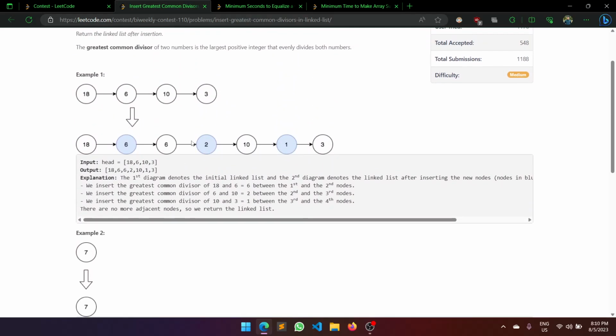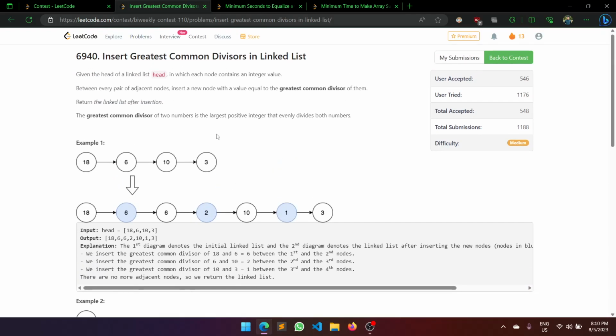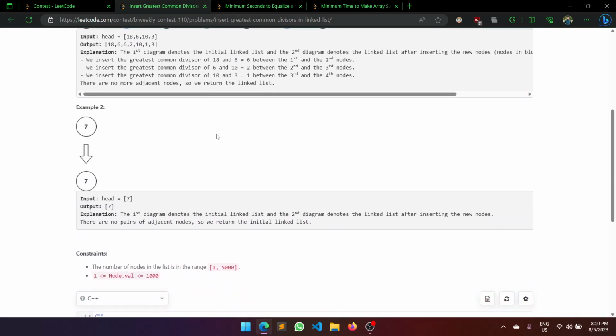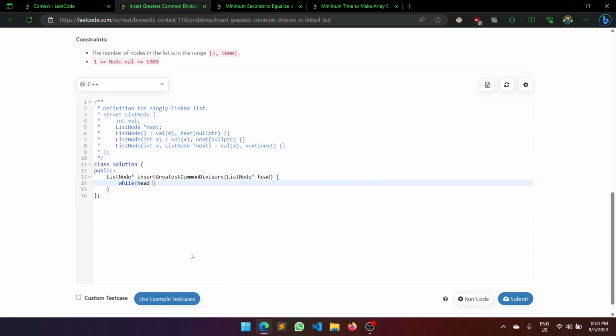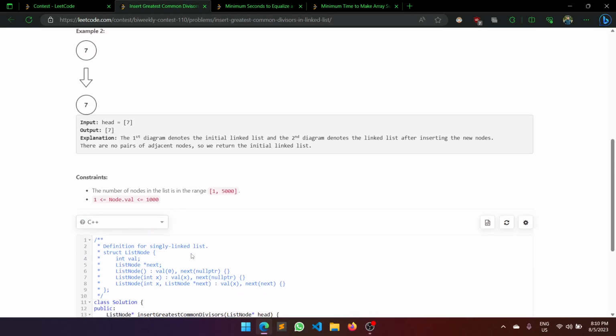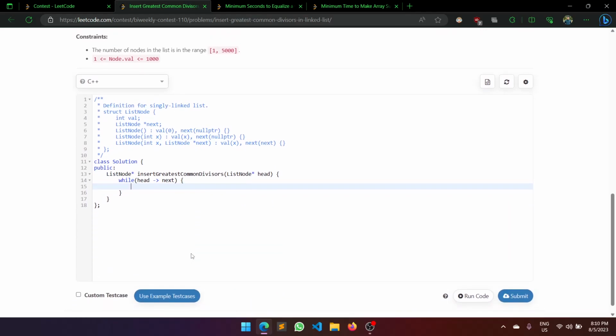4, 6 and 10 it was 2, 4, 10, and 3 it was 1. It isn't always even. No, okay. We have GCD of, and has next